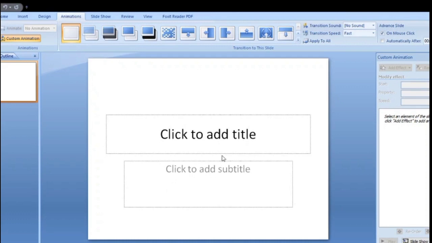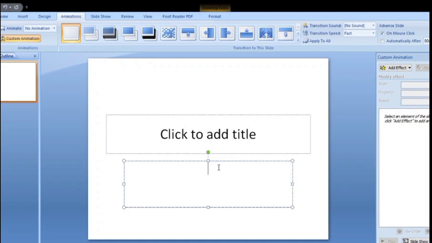Click the text box border and press the delete button. After selecting the text box, the writing will be deleted. That means click the text box border and press the delete button. Select the text box writing and delete it. Select the text box icon from the ribbon home menu.